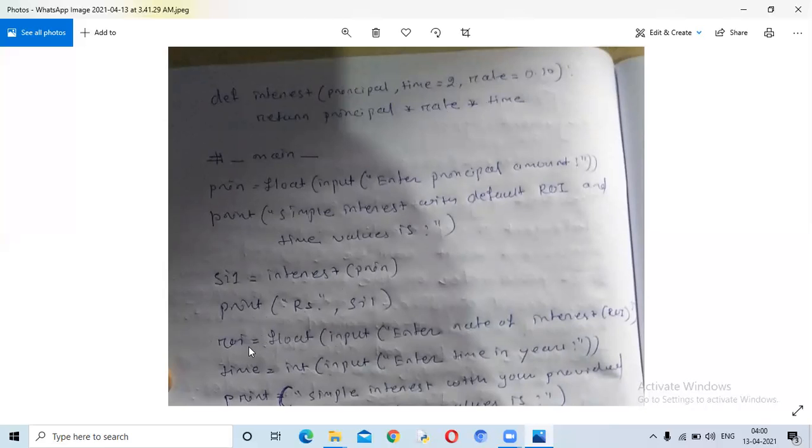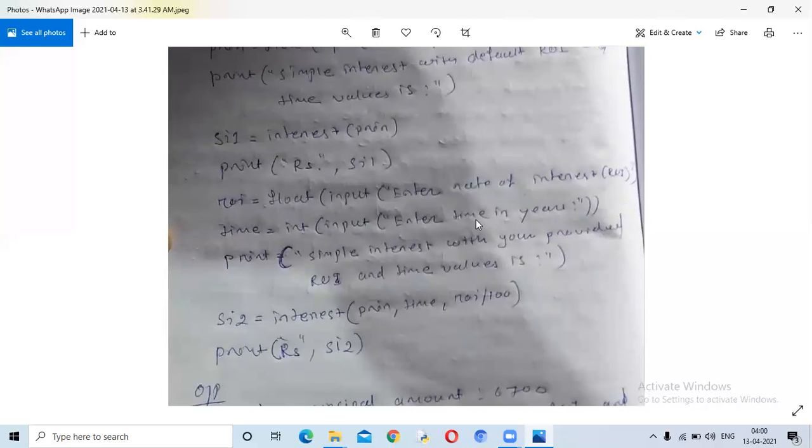Again I enter the rate of interest, ROI. Then I enter the time in years. Here suppose I enter 2 years and I enter 0.20. Then simple interest with your provided ROI and time: here again I call this function interest with principal amount, time and rate of interest. Here suppose 5000, time I enter 2 years and ROI I enter 0.20.